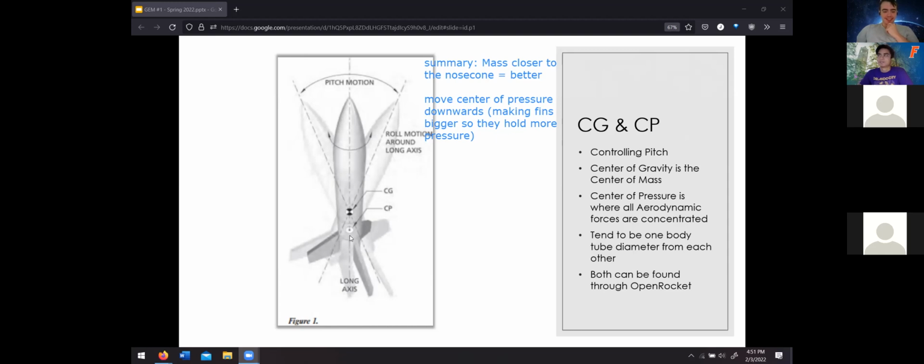The fins. And if you guys want to explain that a little better than me, because I'm tired, the fins do affect it the most. The CP's location is also affected massively by the fins, because your fins affect how your